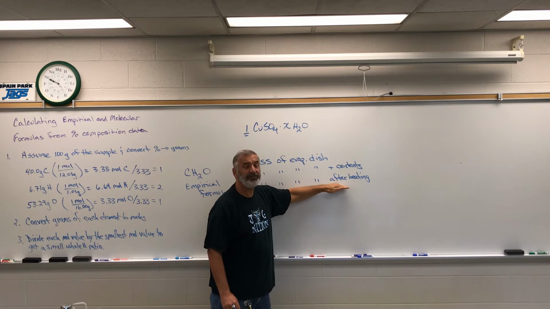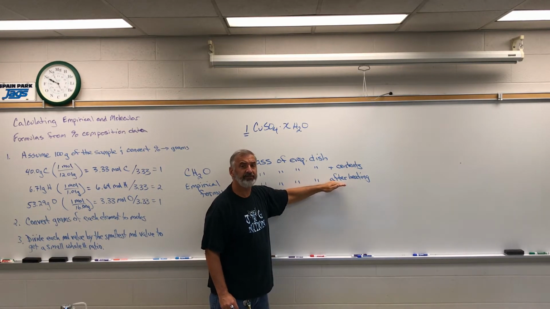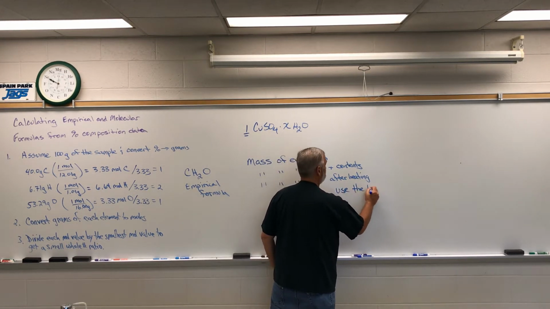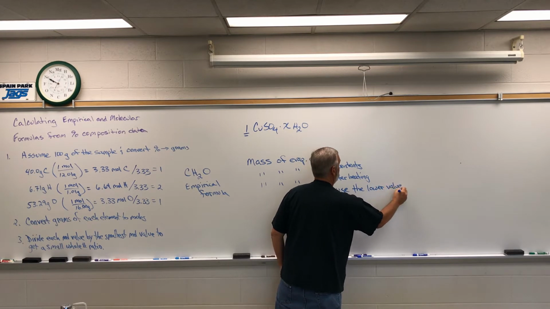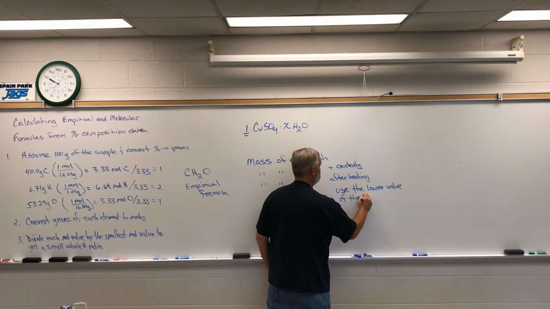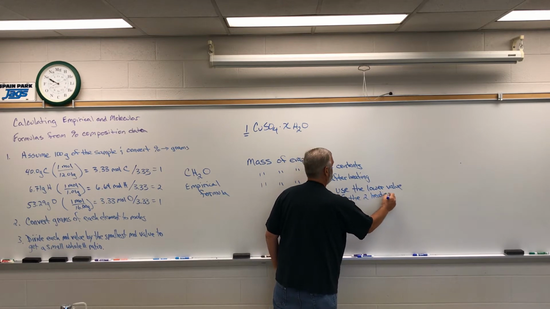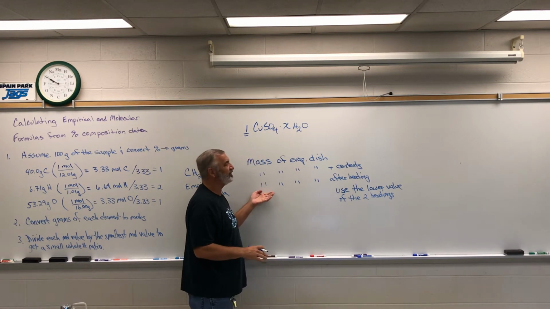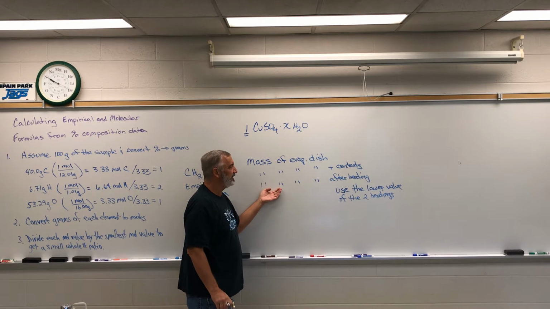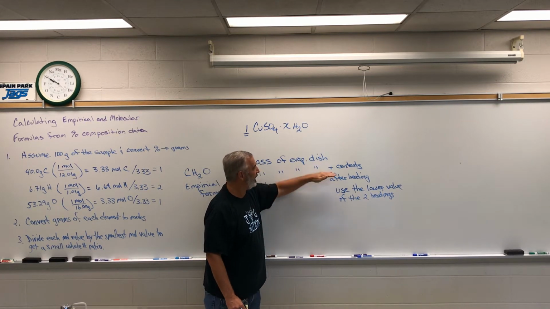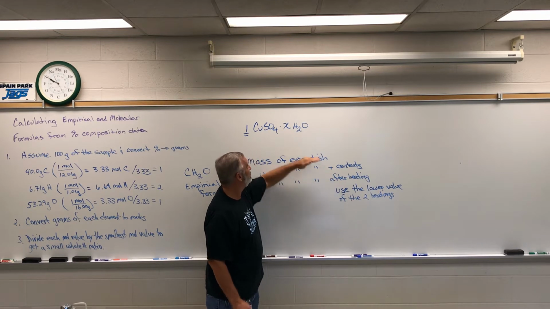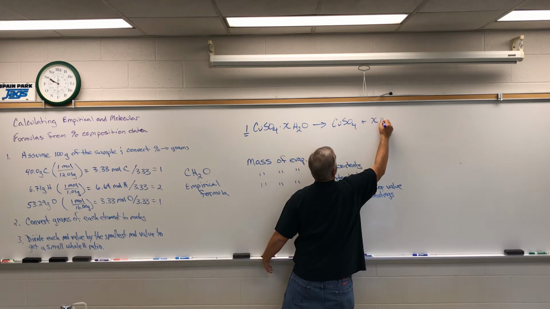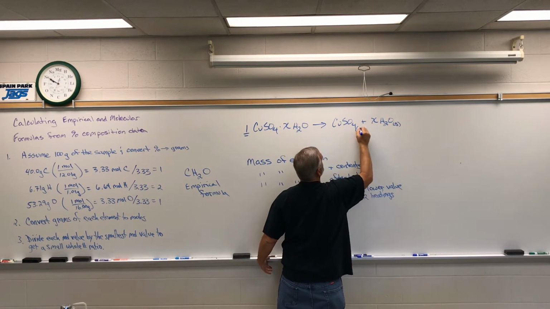Of your two values, use the lower value of the two heatings. So if they're off by 0.01 or 0.02, use the one that's lower as the mass of the evaporating dish and contents after heating. Now, given how much it was at the beginning and how much it was here, knowing that this goes to CuSO4 plus XH2O, but the water is coming off as a gas and this is staying behind,